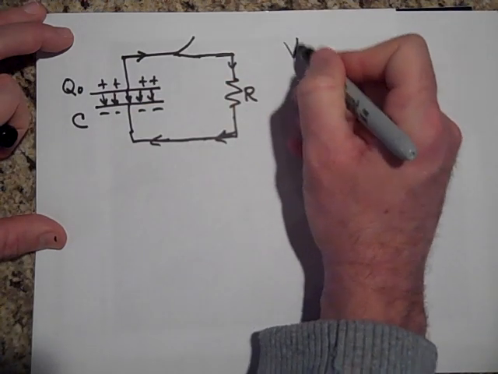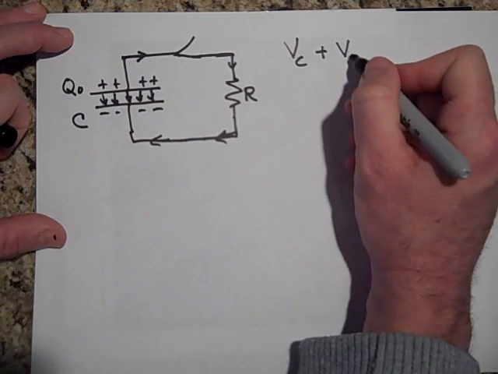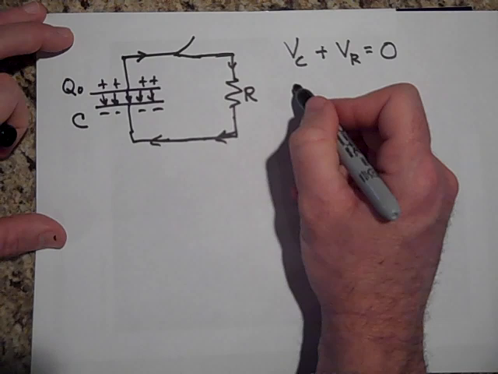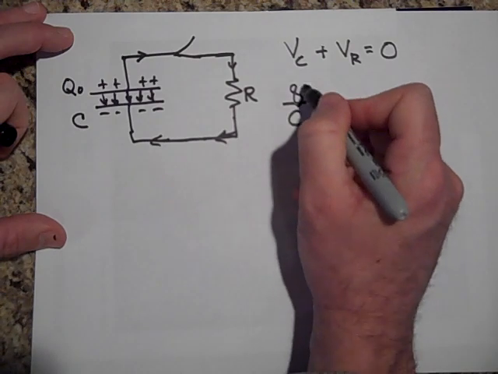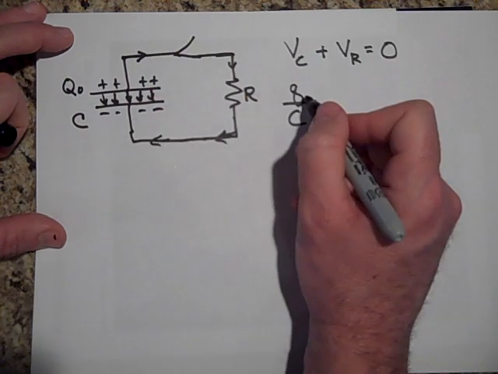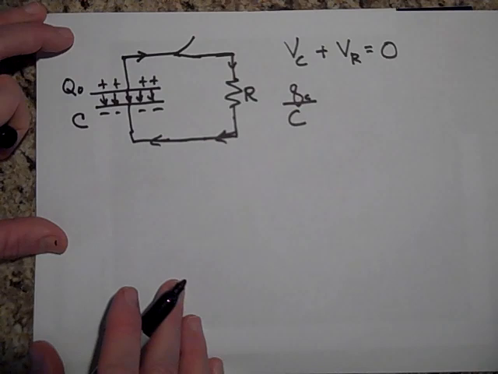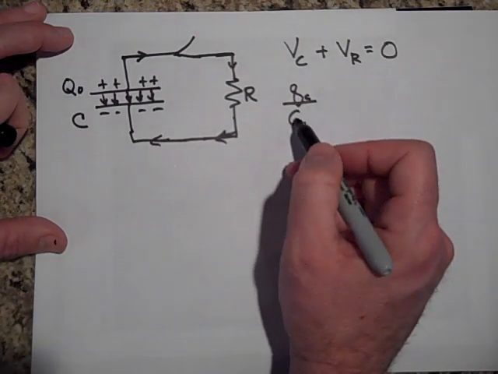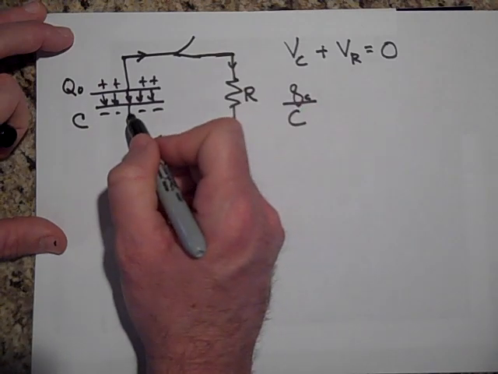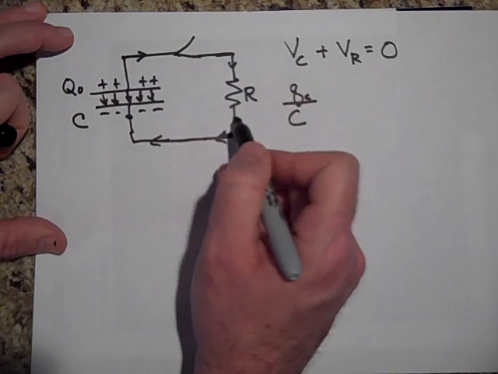I'm going to say that the voltage across the capacitor plus the voltage across the resistor has to equal 0. Now the voltage across the capacitor is Q over C. I'm going to remind you that this charge is the charge on the capacitor, so I'll call it Q sub C, though I'm going to drop that C in the next line or two. Okay, so that's Q over C, that's the voltage across the capacitor. And then if you start here, you go up that much, Q over C, and then you're going to come down,